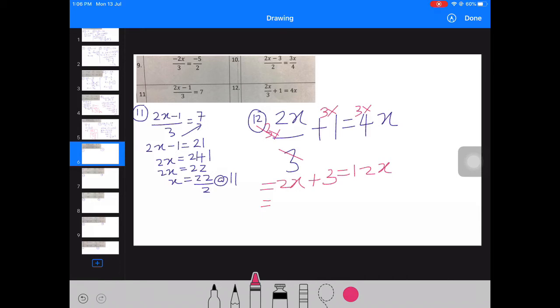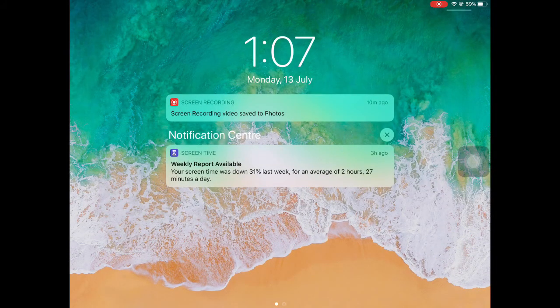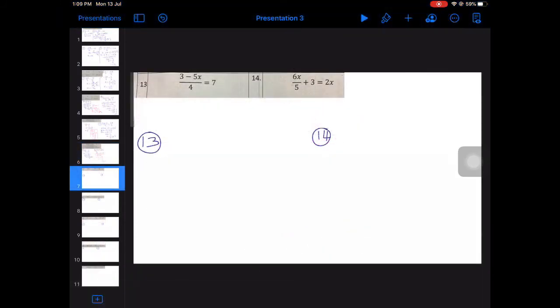Alright, so 12x, we group the like terms, minus 2x, so 3 equals to 10x. Alright, so 10x equals to 3, or x equals to 3 over 10. Alright, number 12. Okay, number 13, we have